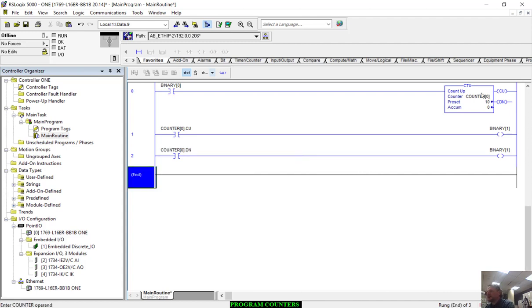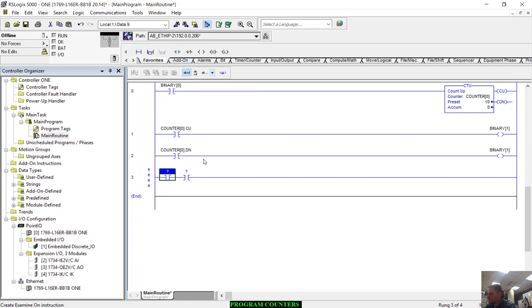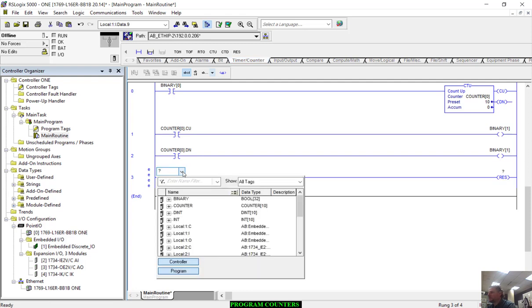Oh, there's one other piece to the counter. How do we reset that back to 0? I forgot that piece, and I'll add that in right now. I've got to have a rung for that as well. Let's spam here. Oh, one too many of those. Go back to the counter, and we have to have a reset for that guy. That's how we're going to get this back to 0. So here, we're going to do,